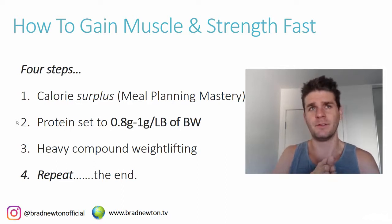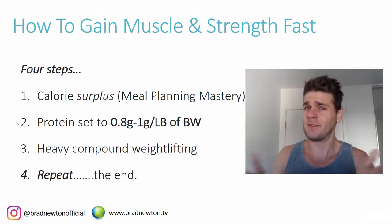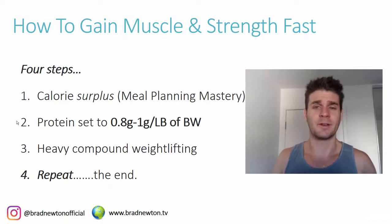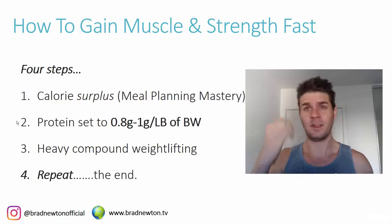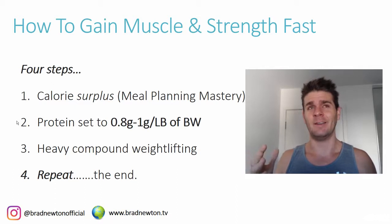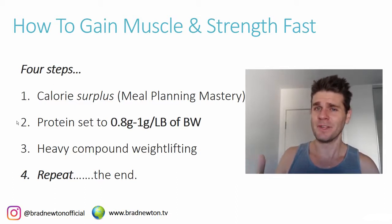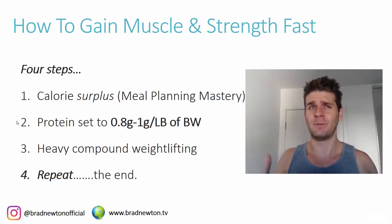You'll build a certain amount of muscle, but it's going to be nothing. And then your strength is going to plateau. If you don't get enough protein, your body is not going to be able to repair the muscles that you've broken down in the gym. Because when you lift weights in the gym, you're breaking down muscle fibers. And what needs to happen is the body needs to rebuild those muscle fibers,